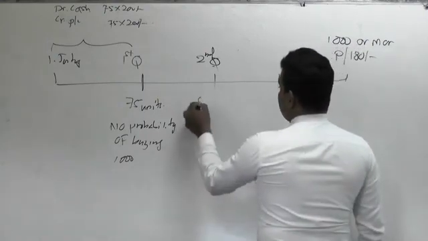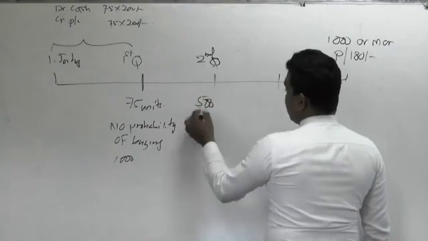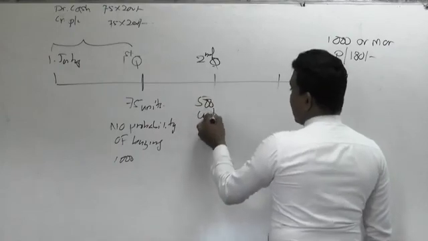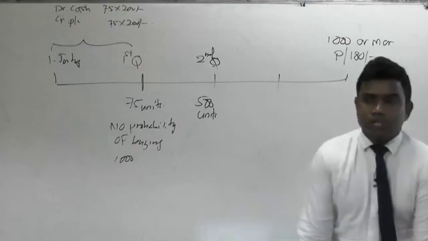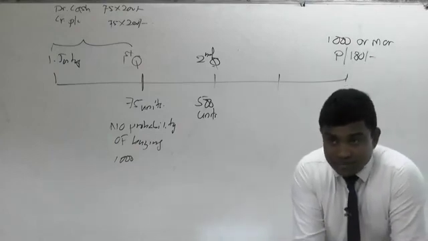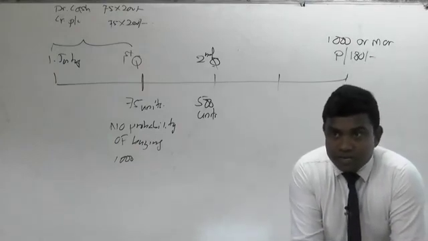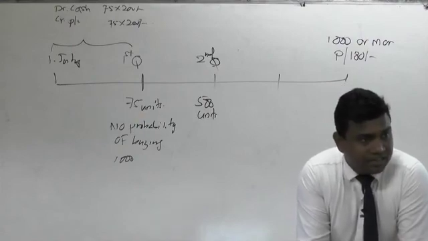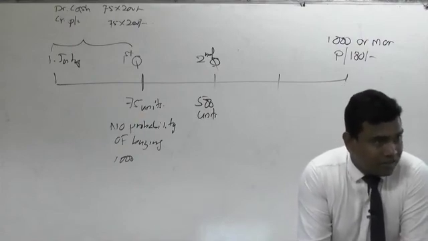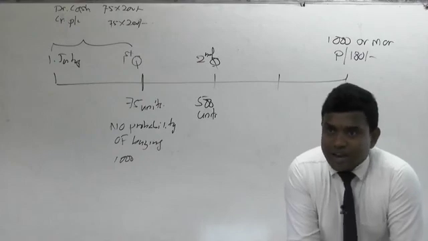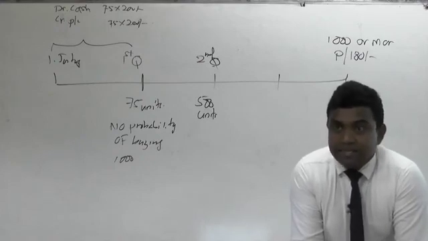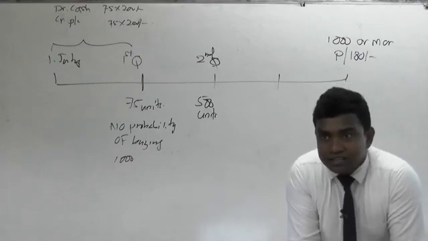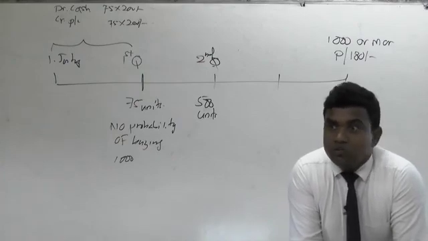During the second quarter, they have bought 500 units. Now, how many units have they bought over the 2 quarters? 575. Therefore, what would be the estimated purchase for the year? 1,150. Is that clear? Now you can estimate, and you can say there is a probability of buying more than 1,000. Now you need to fulfill your agreement.